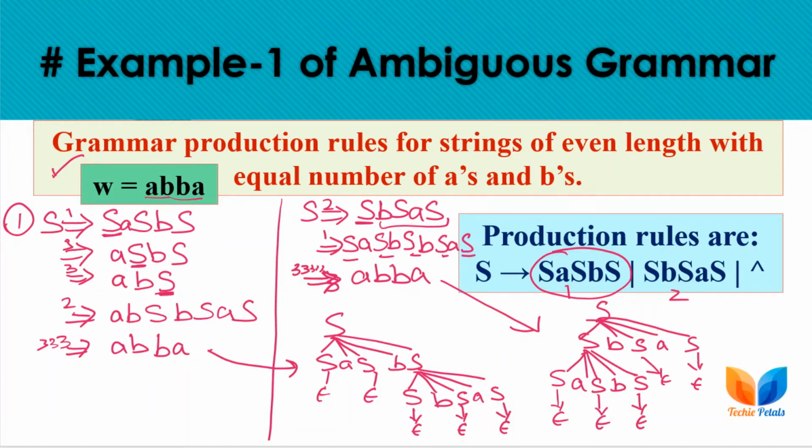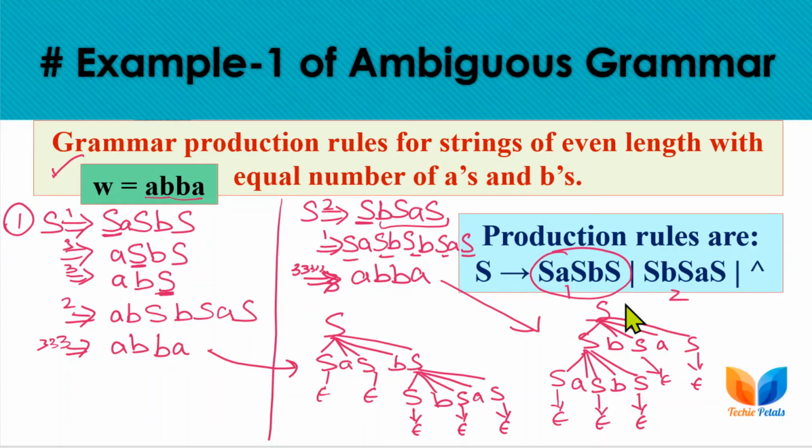So we should stick to the leftmost derivation rules only. We should always try with the leftmost derivation path or derivation tree only. In an exam, if you get a question with a given grammar and you have to check whether the grammar is ambiguous or not, you have to check the production rules carefully and try out some example or sample strings.